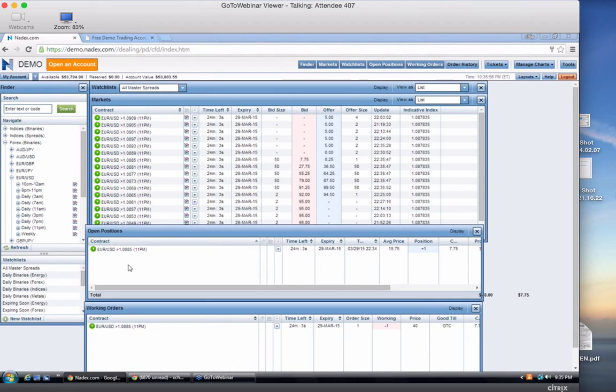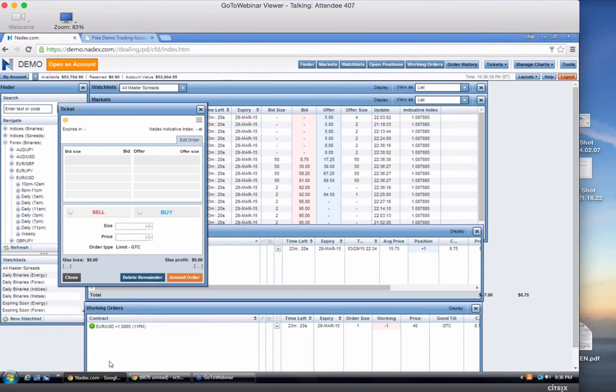Okay, so what I did was I put on an open position on the euro greater than 1.0885. I bought it at 15.75. Bought one contract, so that's my risk for one contract, $15.75. So it's not a whole heck of a lot of risk, and I can walk away from that. But what I did was I put on this order to sell one at 40 above the market. I don't have my little calculator here, but it's over 100% return. Yeah, absolutely. But I need the underlying to pop up.